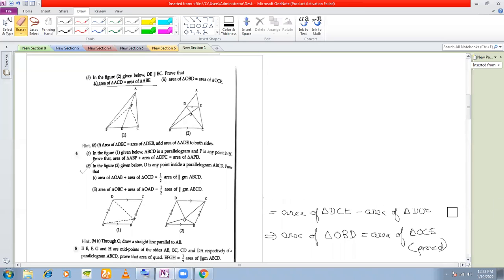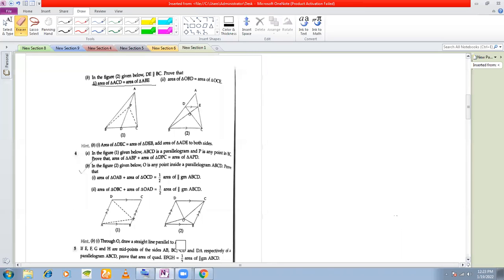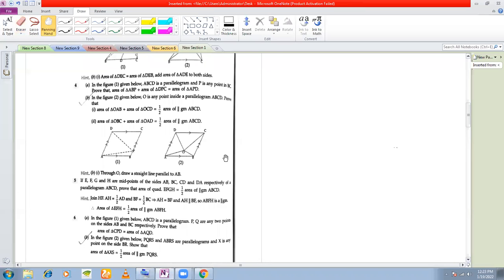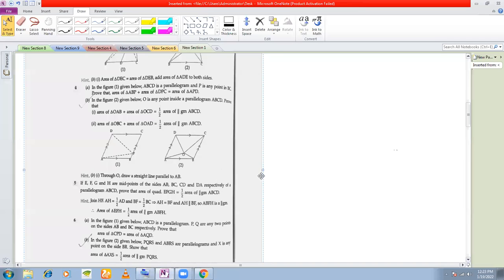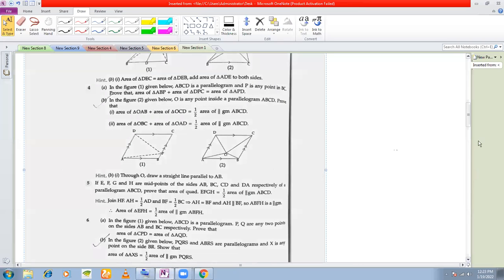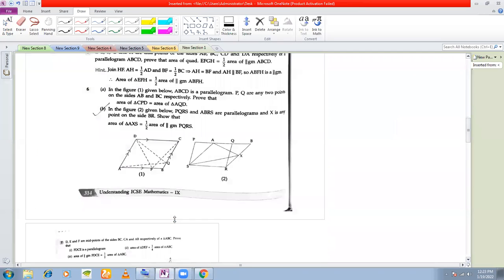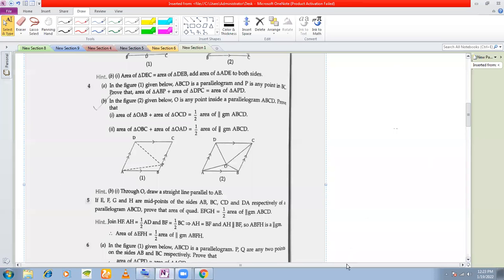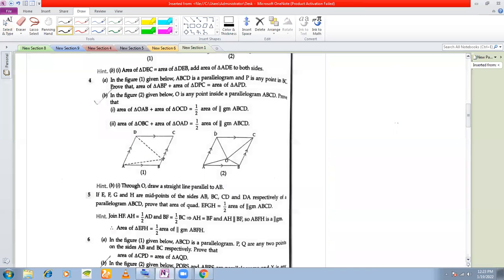We will do 4B. Let me make this a little bigger. Okay, now in this figure, if you see 4B, this is the figure. O is a point in the parallelogram ABCD. So O, you can see this point. This is the point O. It is within the parallelogram ABCD. Prove that